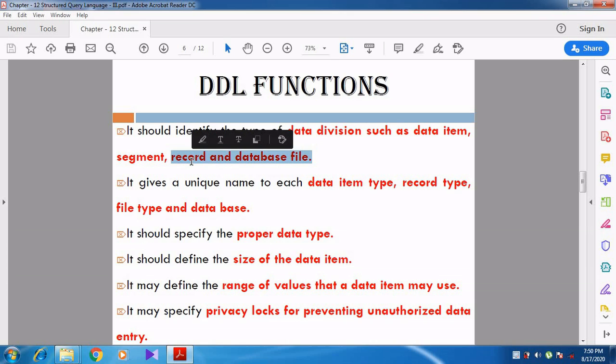It is used to identify which data is stored in a particular column, and which data should be stored in the database file. Each and every data is divided, and then it is identified what type of data is given.